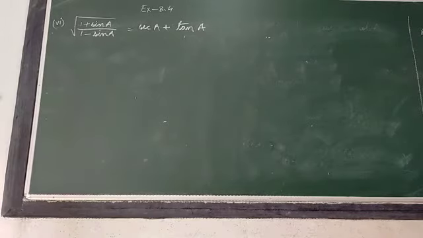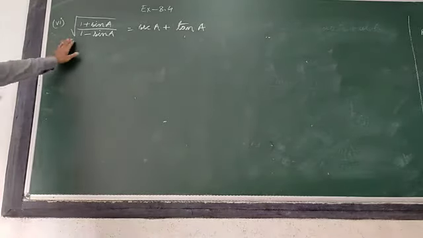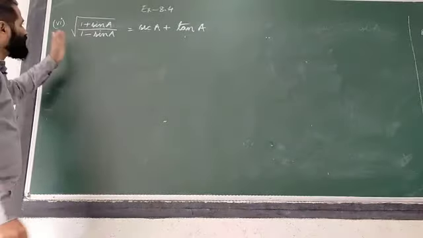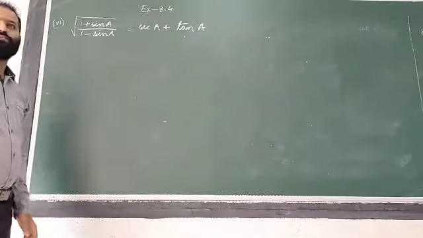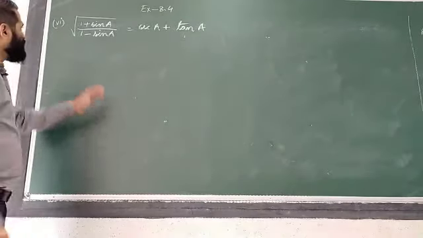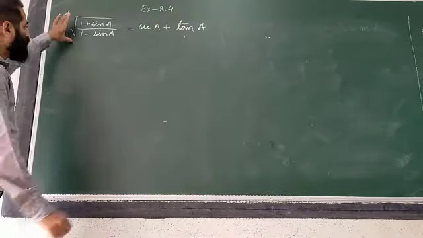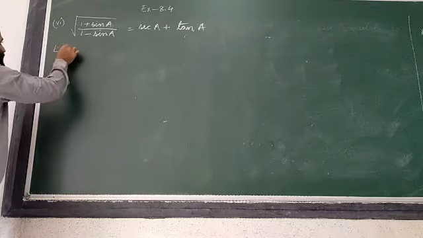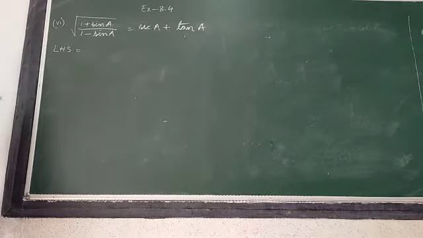Whenever you are having root, all the questions are done a different way. The previous question was done a different way. First, second, third question were different ways. Now this is another one. Whenever you are having root, students generally square it on both sides. If you do it this way, it will be complicated. Don't square it. Try to eliminate this root. So we will write LHS, whatever you are having in LHS.